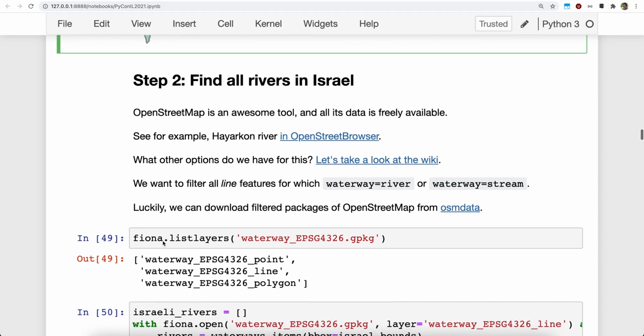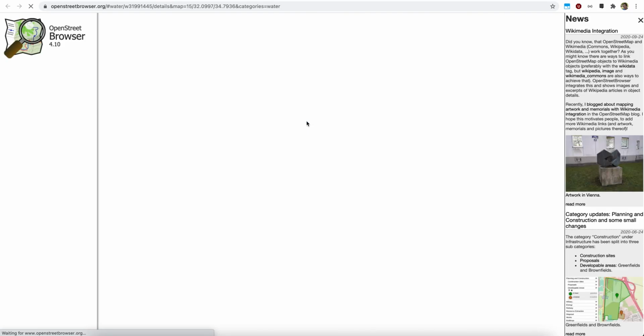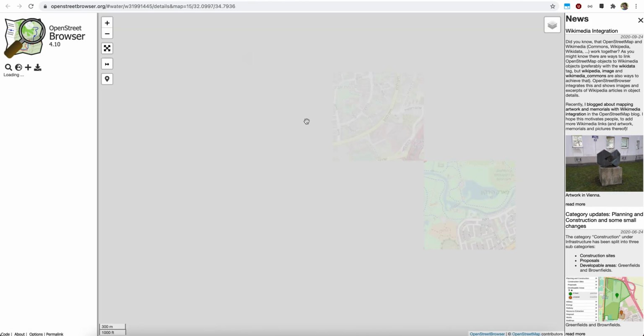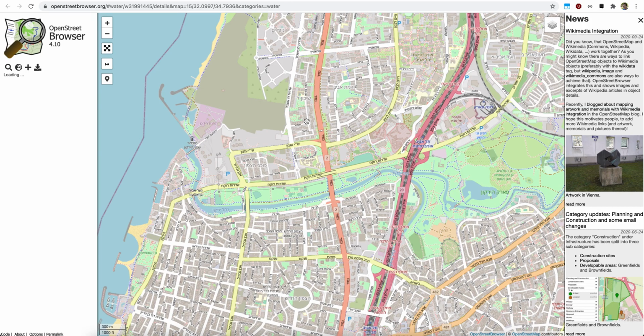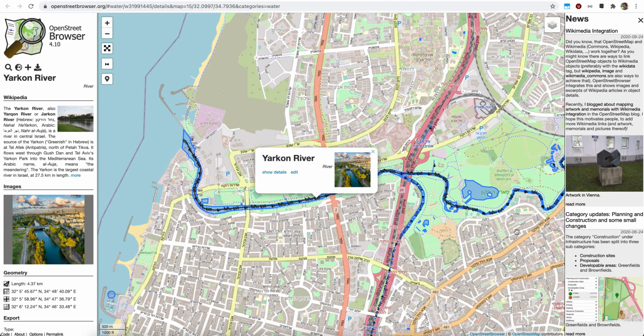Okay. Next up, we got the borders of Israel. So now we want to find all the rivers that are in Israel. To find that, we use a database which you probably already know, called OpenStreetMap. It's an awesome tool, and all the data is free and available. So let's take a look, for example, at the Hayarkon River. We use OpenStreet browser to see the properties of different items inside OpenStreetMap. So you can see here the exact